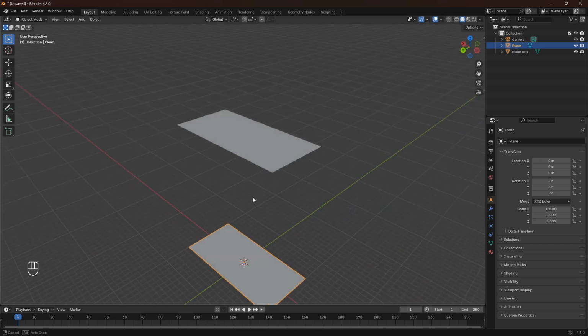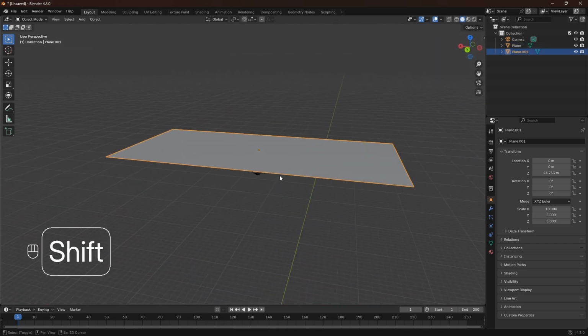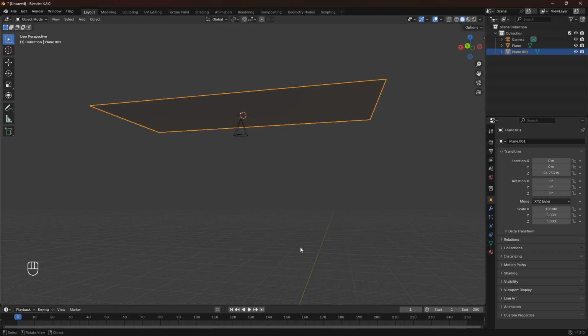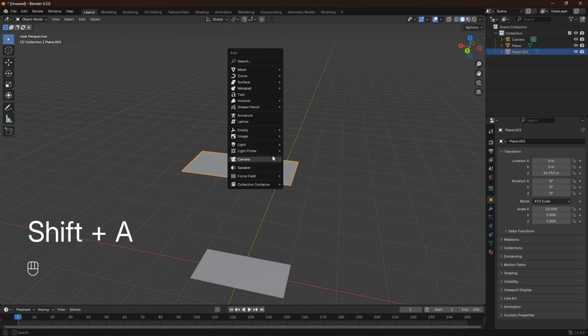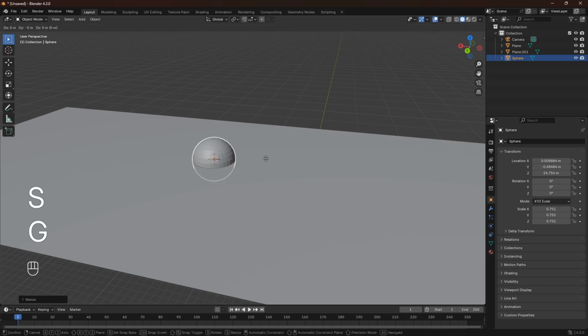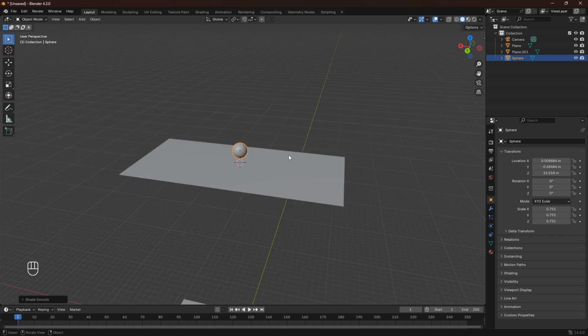So let's just start off with this particle thing here. So the first thing we need is a particle for this particle emitter to throw out onto this water here. So let's just go and bring in a UV sphere, and keep in mind you can do this with any kind of object. So if you want to go with something more interesting, just do that. So let's just right click onto it and then just go shade smooth,